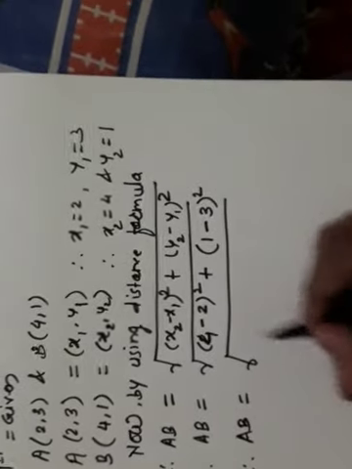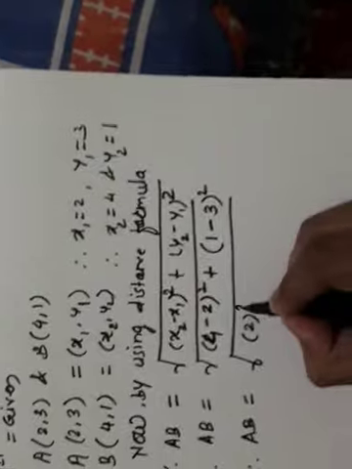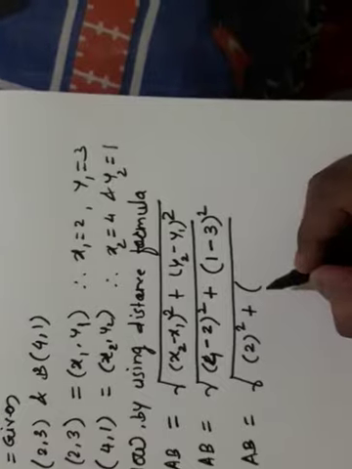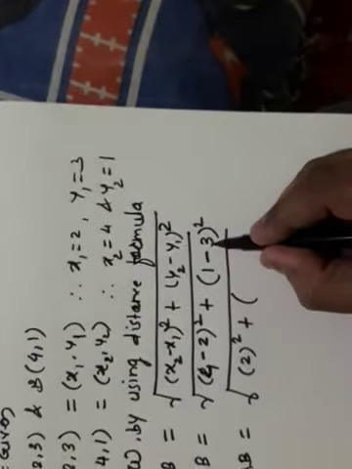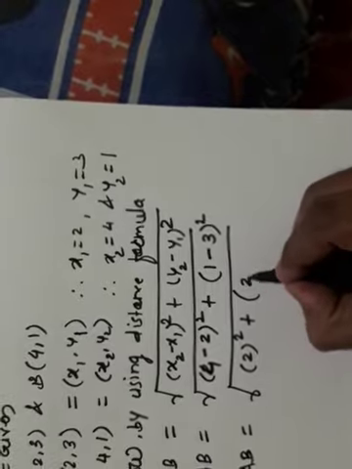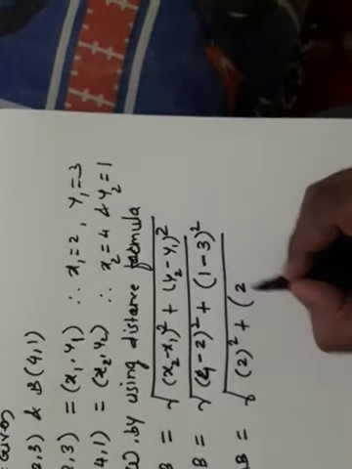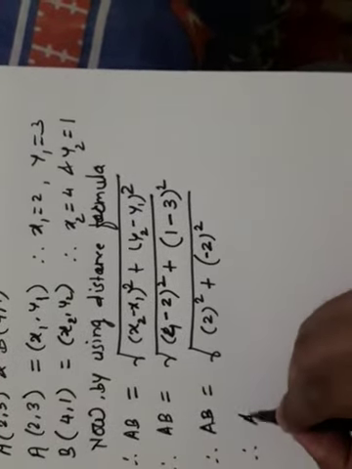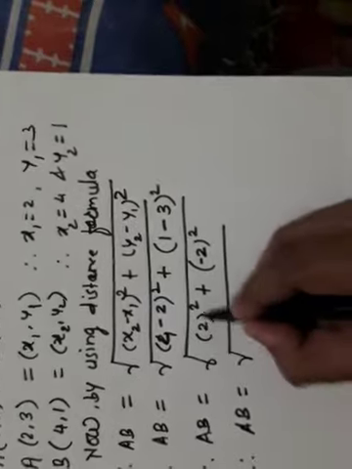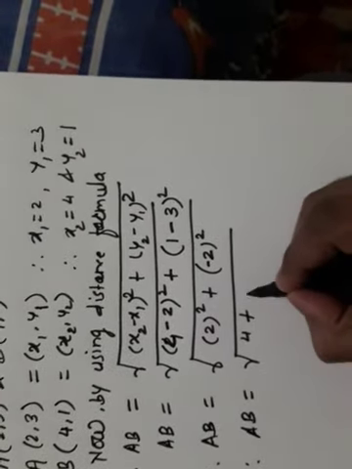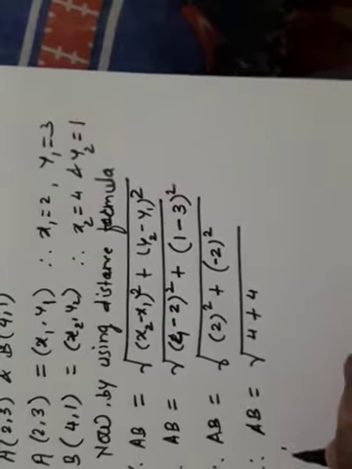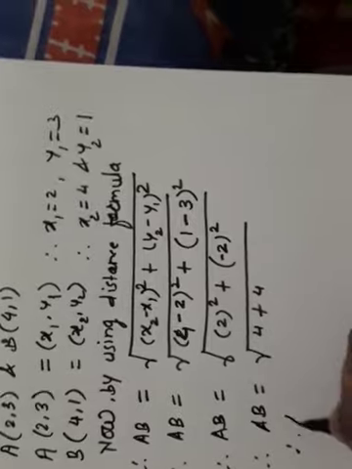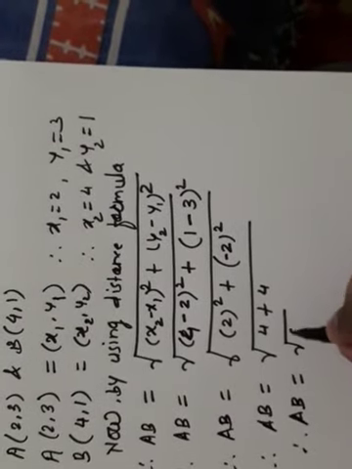Now look here, 4 minus 2, first of all we have to write 2 bracket squared. Here the middle sign is plus, and in the bracket 1 minus 3. You know that very well: opposite sign subtraction, greater number minus smaller number. 3 minus 1 is 2, and the greater number is 3, whose sign is minus, that's why minus 2 bracket squared. Therefore AB is equal to the square root of 2 squared, which is 4, plus minus 2 squared, also 4. The square of a positive or negative number is always positive. AB is equal to the square root of 8.